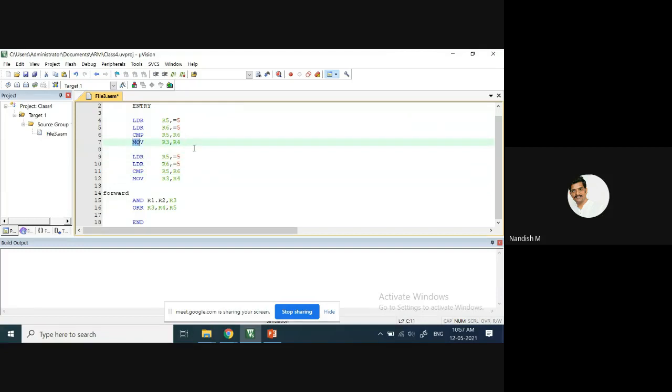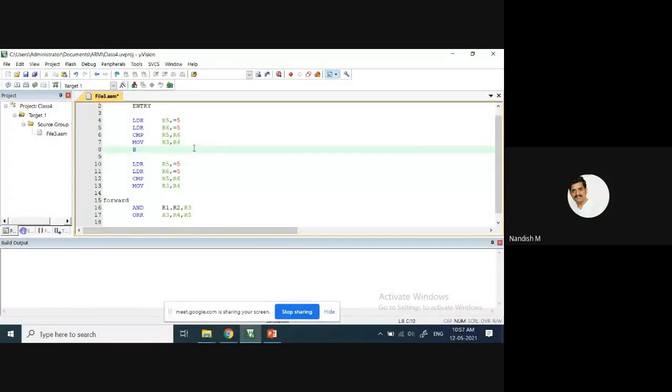After the execution of this move instruction, you don't want to execute these 4. You directly want to execute these 2 instructions. In that case, you are going to create a label and write some of the instructions. Then, after the move instruction, you are going to write the branch instruction.